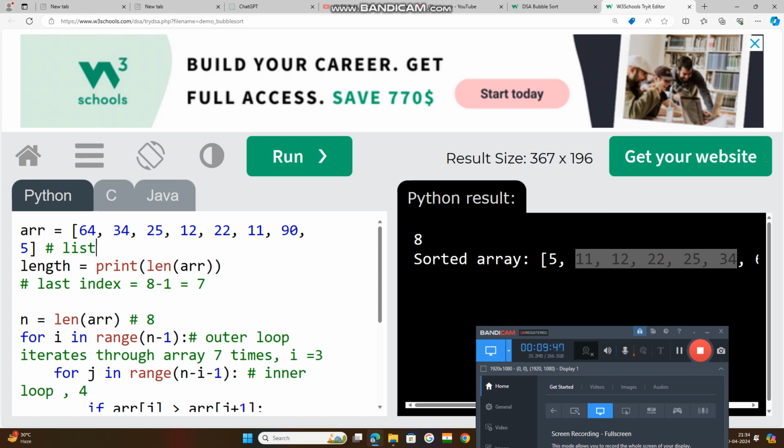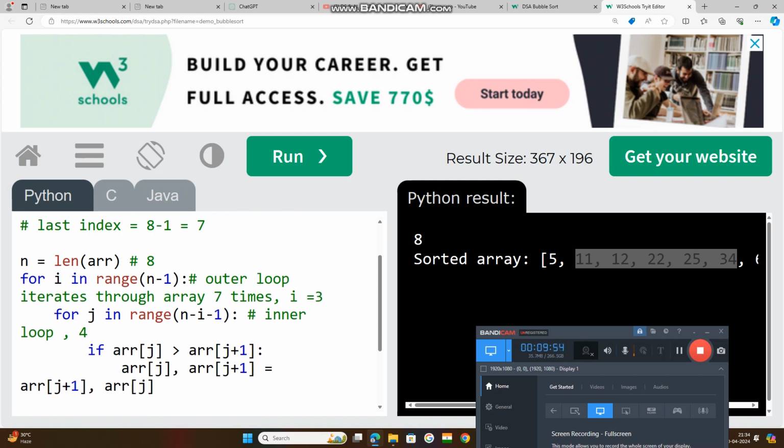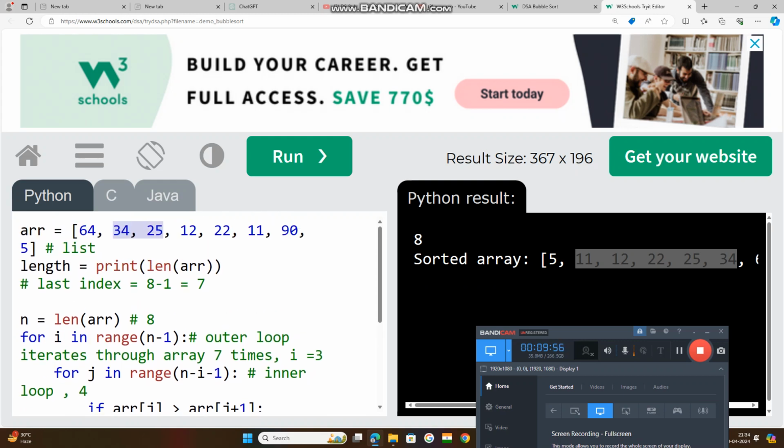Within these 2 values, this becomes j, this j plus 1, and now as per this condition, j is greater than j plus 1. So surely j is greater than j plus 1. So 34 will be switched